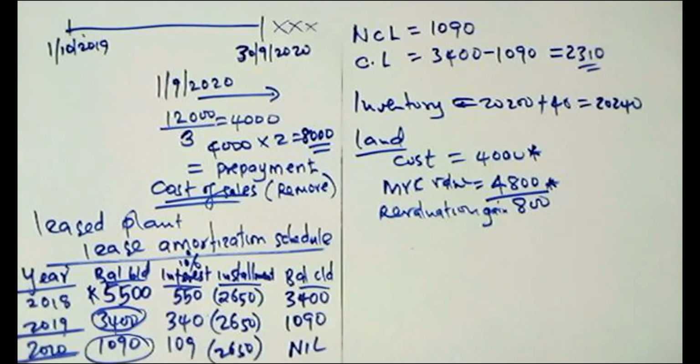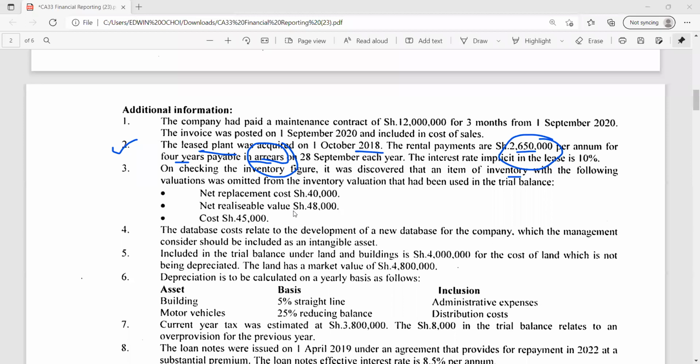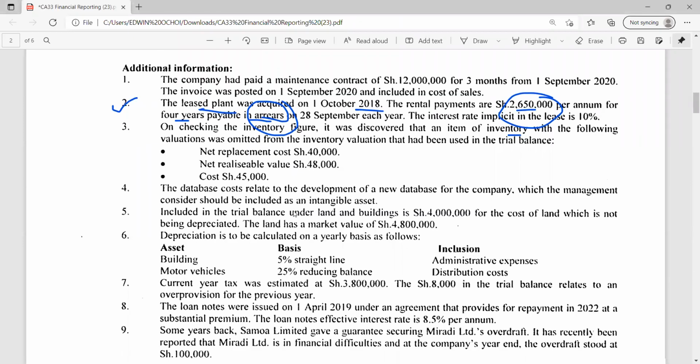So after that, we go next to depreciation. Right now, depreciation, you could not have missed that. I have said the only additional information you could have missed on this question is additional information number 2 and 3. The others, even number 1 was easier, number 4 is direct, even number 5 is direct. Number 6 again is direct because depreciation of building and motor vehicle is 5% on a straight line basis, which means 5% on cost,